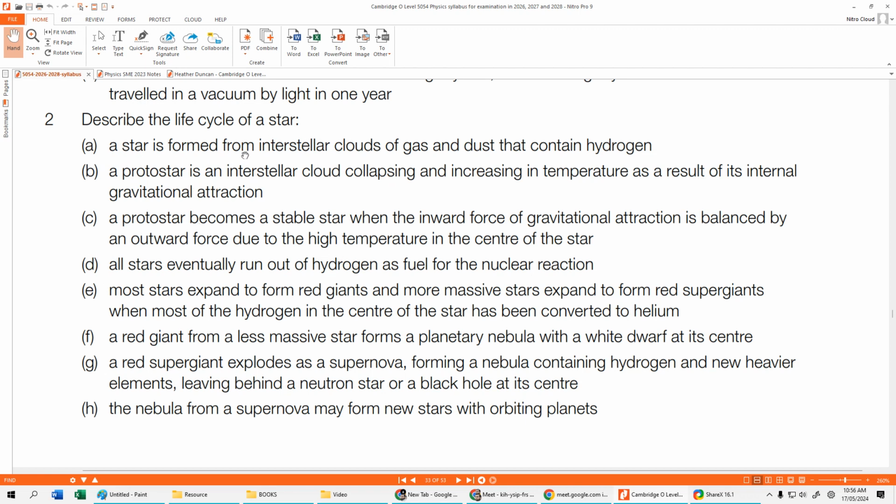A star is formed from interstellar clouds of gas and dust that contain hydrogen. Now if you wonder where did the hydrogen come from, hydrogen is the most common element in the universe. It is the primary expression of mass. It has 1 proton and 1 electron. You cannot have an atom much simpler than hydrogen. So সবগুলোতেই আমাদের হাইড্রোজেন আছে, হাইড্রোজেন এবং ক্লাউড এন্ড গ্লাস। সো ট্রাই টু ইমাজিন, ইফ আই ট্রাই টু শো ইউ